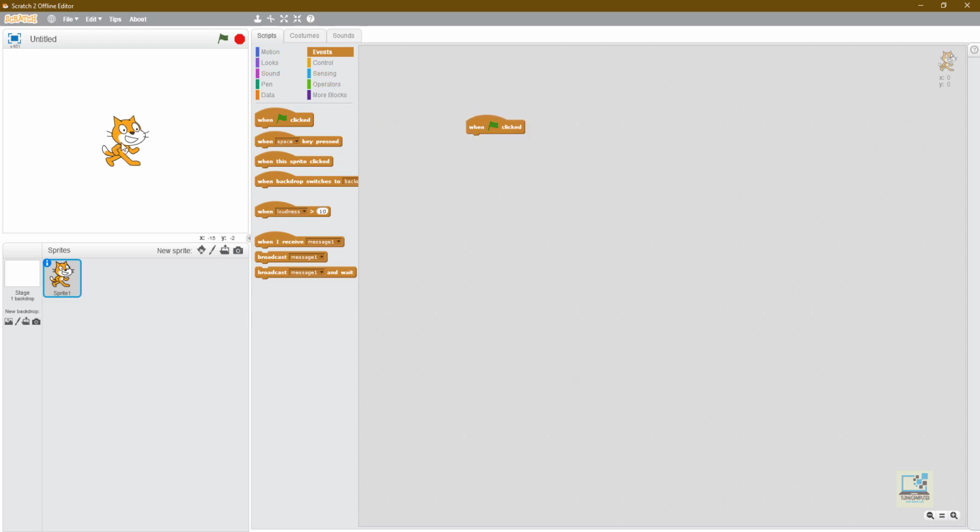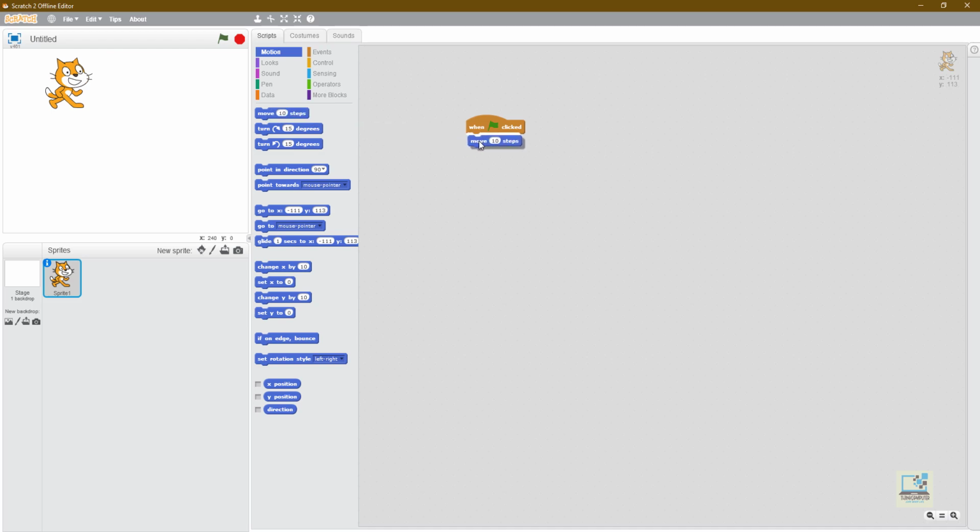Now in order to draw a square, all four sides are the same. So what do we need to do? First the sprite will move forward. As per the question it's 100 steps. So we will first bring this option, move, and we will make it 100. So it's move 100 steps and then we have to take a turn. Which turn will it be? Anti-clockwise or clockwise? There are two types of turns, right? This one is the clockwise turn and this one is the anti-clockwise turn. For this program we will be using the clockwise turn. So bring this, drag and drop, make it 90 degrees.